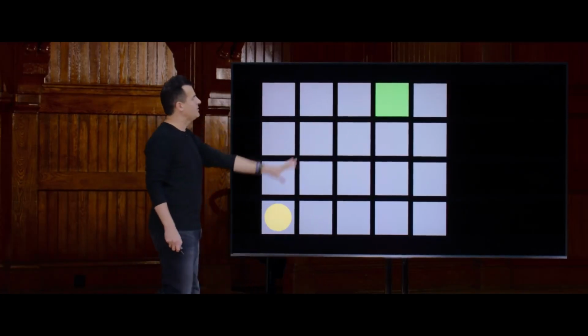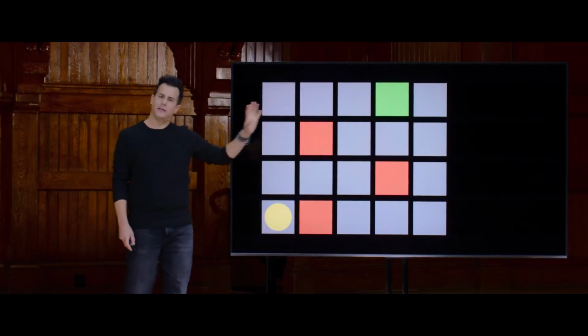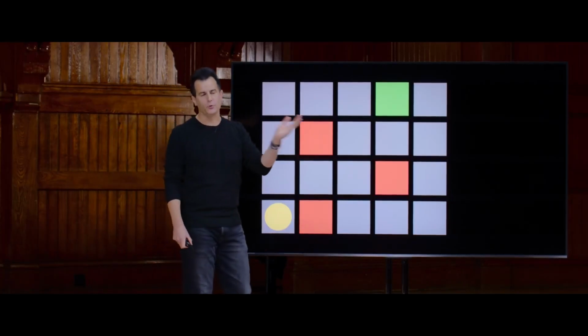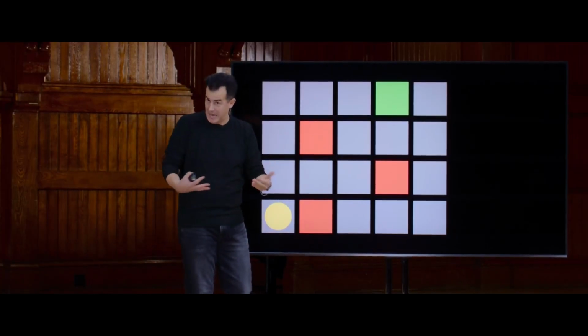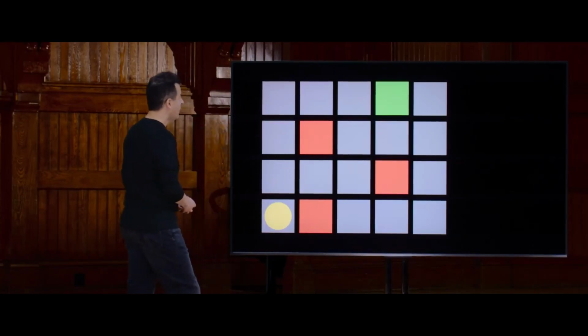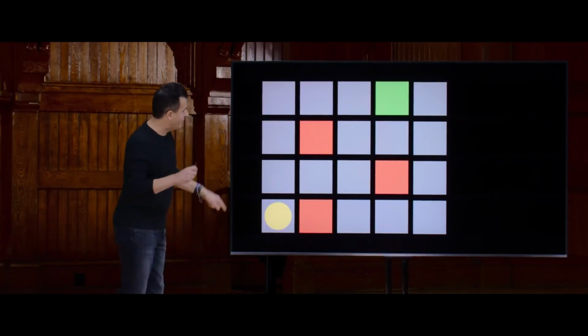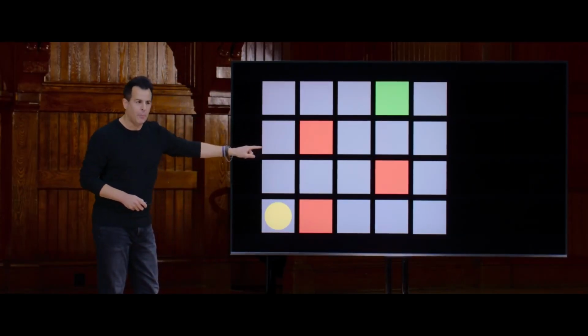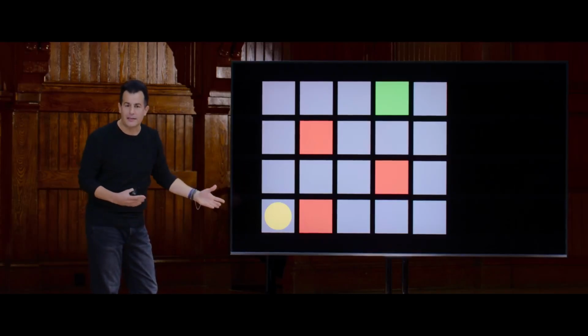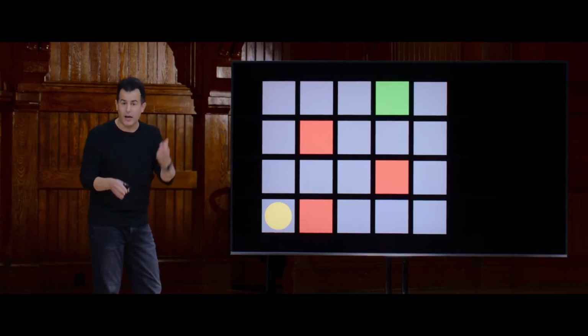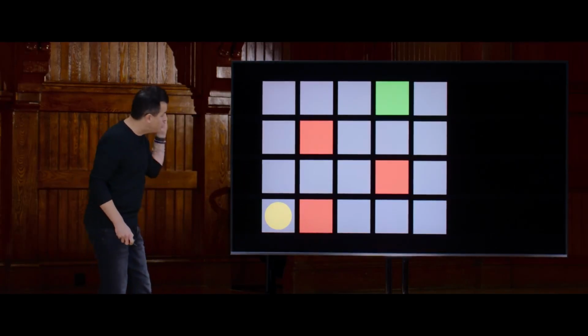And maybe somewhere else in this world, there's a lot of lava pits. And you don't want to fall into the lava pit because you lose a life or you lose a point, or there's some penalty or punishment associated with that. Well, we, with this bird's eye view, can obviously see how to get to the green dot. But if you're playing a game like Zelda or something like that, all you can do is move up, down, left, right, and sort of hope for the best. So let's do just that.